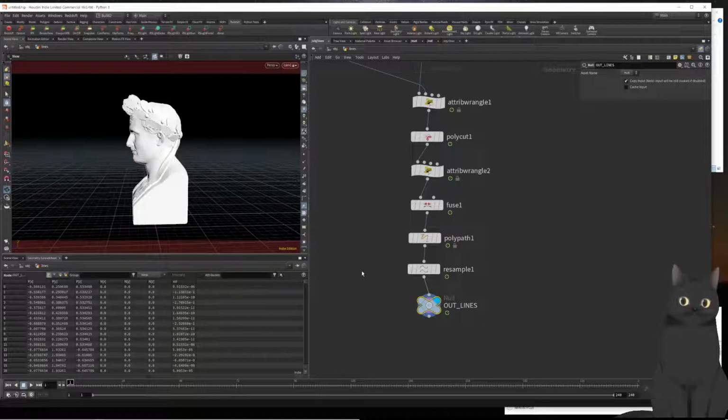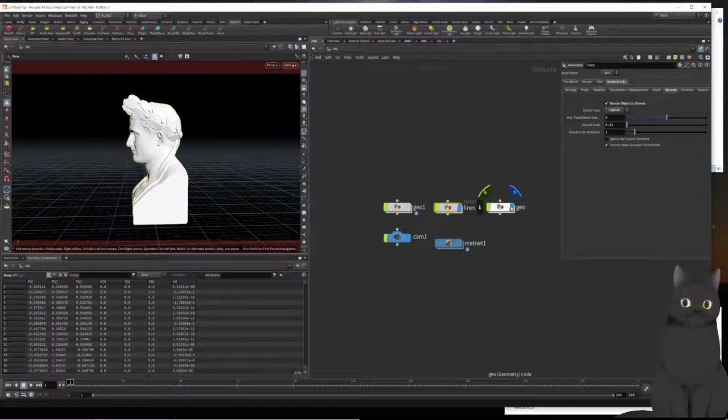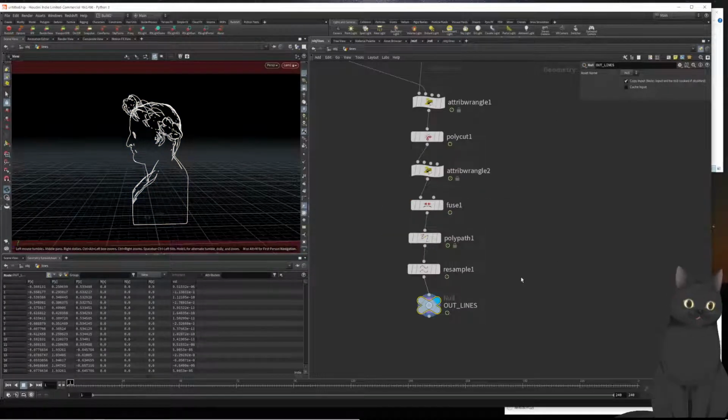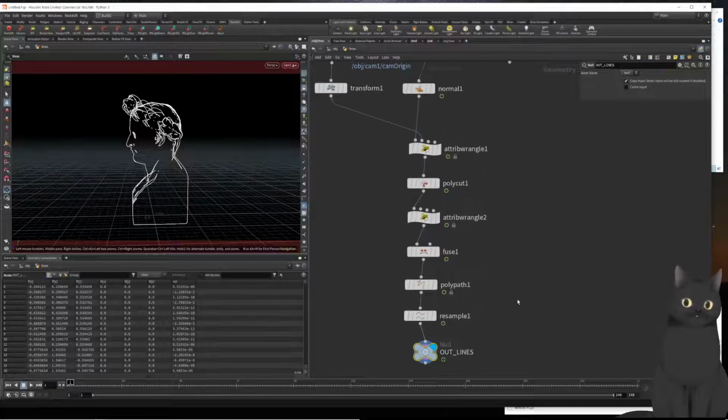So what we need in order to calculate the distance, well, we already have this camera being imported here. And let's, after the transform node, let's grab the center of the object. So we'll need an extract centroid, and we'll merge